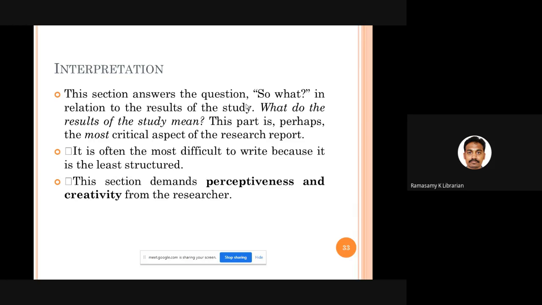For example, so what do you have to do? You have to ask the question, so what? Or why? Why are students not visiting the library more often in the second semester? Because in the second semester they have more projects and more external activities, so they don't have time to come to the library. So that is a kind of interpretation you give for the data. Fine. It's a very difficult part where the researcher has to apply his perceptiveness and use his creativity to structure this particular part of any research work, data interpretation.